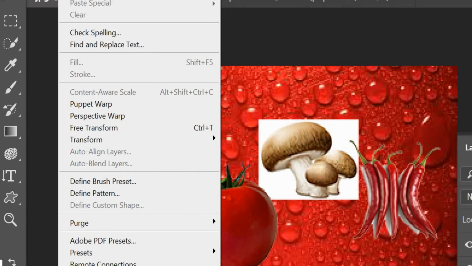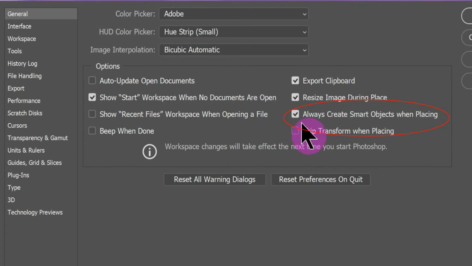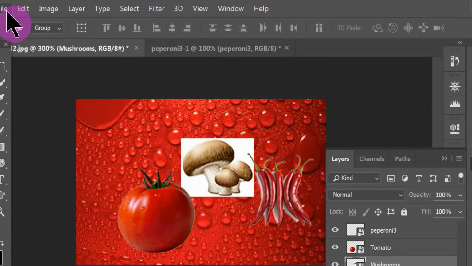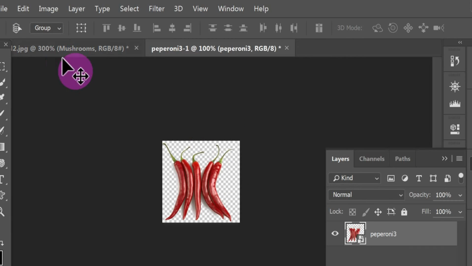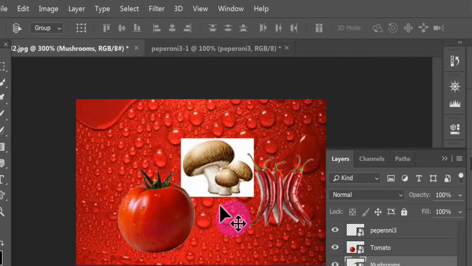Well, first let me point out that in Edit, Preferences, General, I can have Always Create Smart Objects when placing checked, which mine is. Click OK, and then I can just File, Place, and it's going to be placed as a linked smart object automatically. I can also, let's say I have my pepperonis here and I want to drag them into this file, and I want them to be a linked smart object. Well, I would just drag them like usual, but I would hold the Alt key for Windows or the Option key for Macs and drag it over to this file, and it would become a linked object in this other